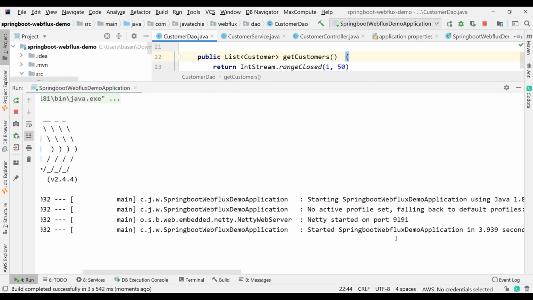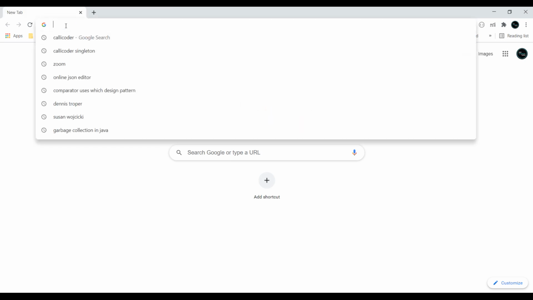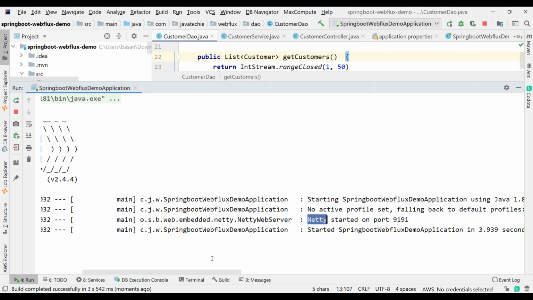So you can see our application is up, and also here it is not using embedded Tomcat, it is using Netty server. That's how it will work on the event loop in case of reactive programming. Now let's go to the browser and let me open a new tab. Just add it here. Now go to your console.